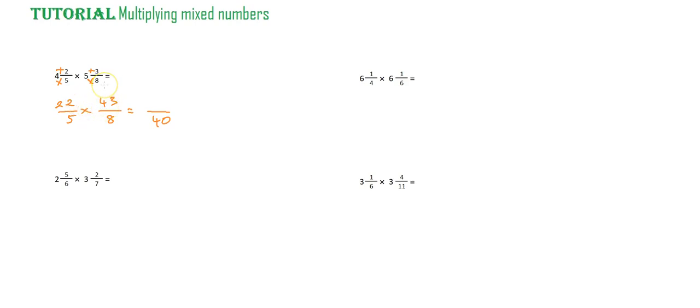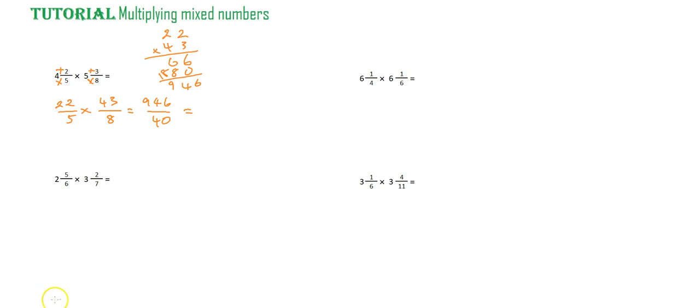So when we multiply fractions, it's numerator times numerator, denominator times denominator. So in this case, we're going to have to do a little bit of extra work. So 22 times 43, and that is 6 there, and that's 8 there, and that's 946. Now this is the correct answer, but normally you would be asked to